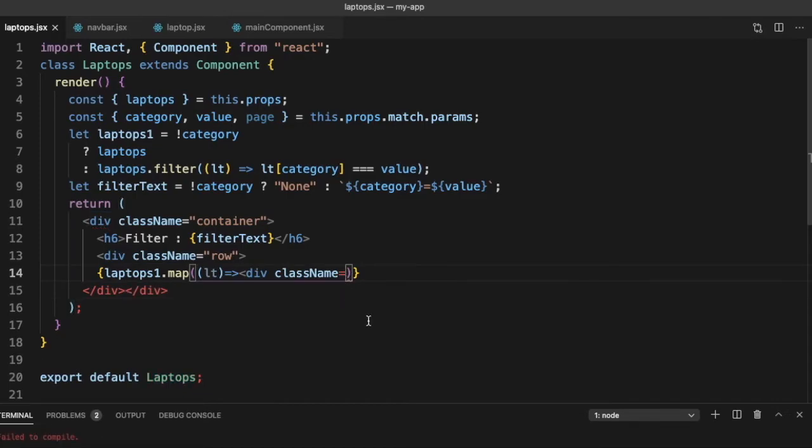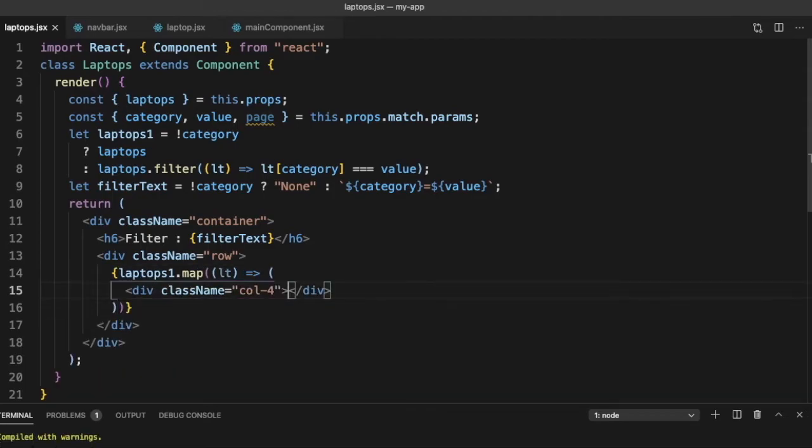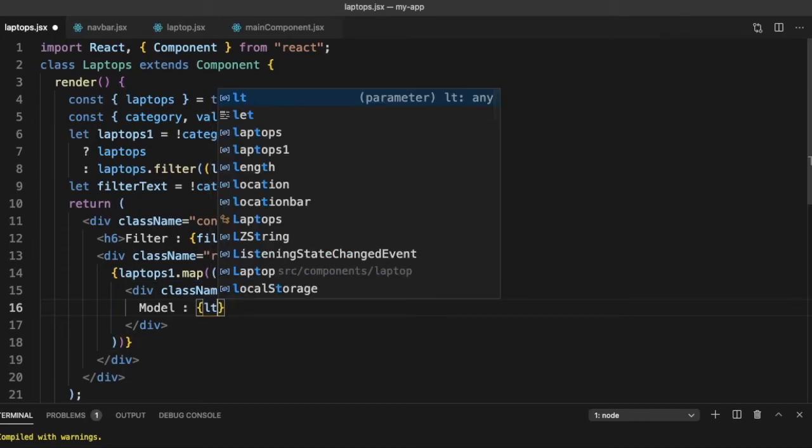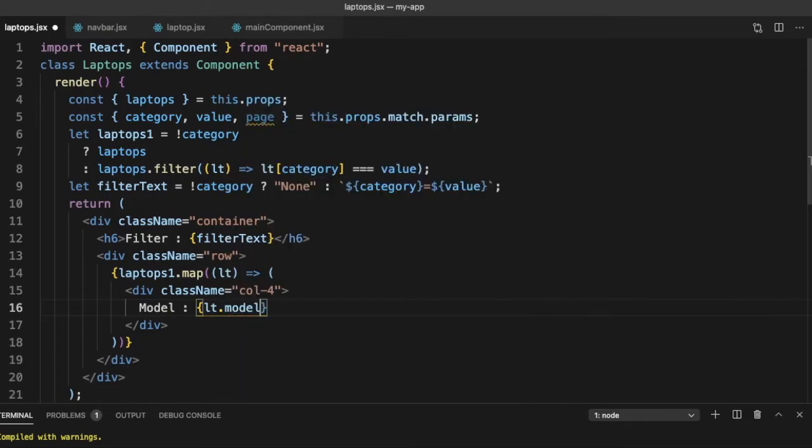And now within this row, we will show a column 4, and this is where we will show our laptop. So how do we show our laptop? We will just show our details. So model is equal to lt.model.